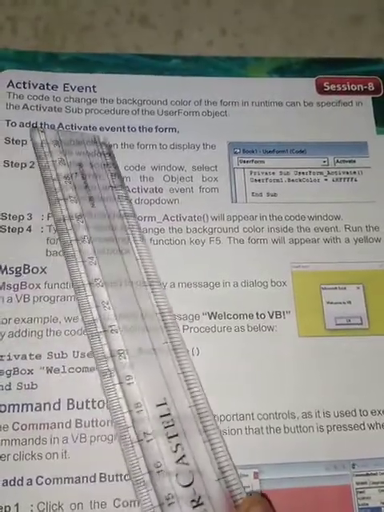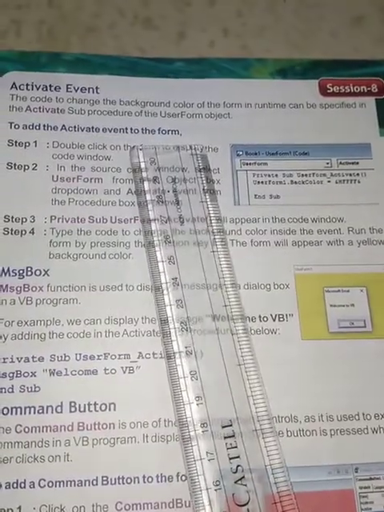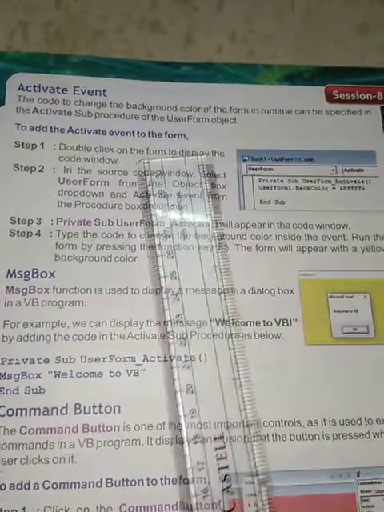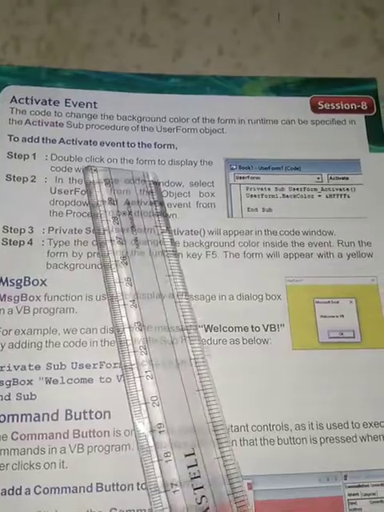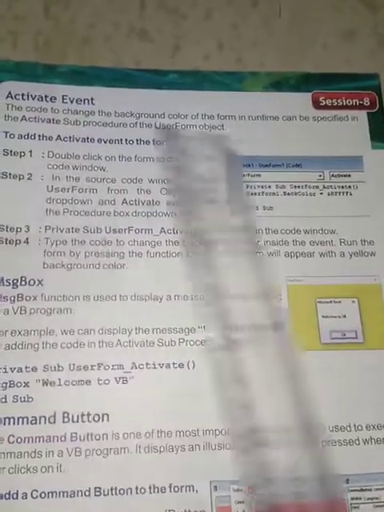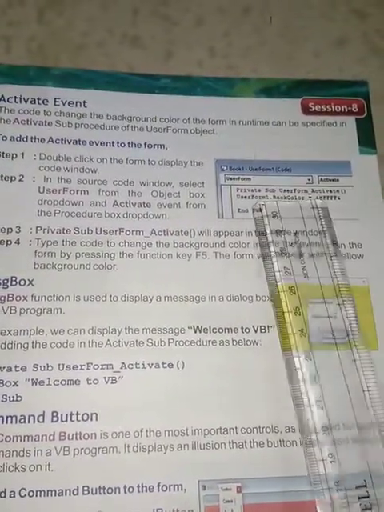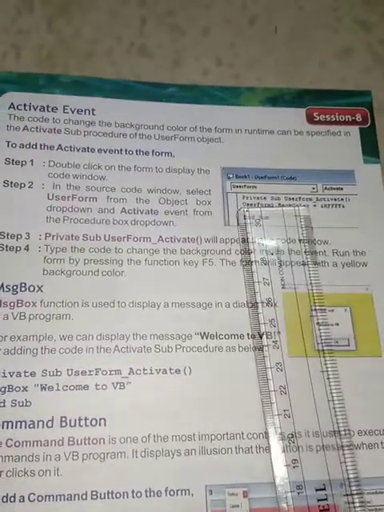To add the activate event to the form, we have to follow four steps. Step 1, double click on the form to display the code window.